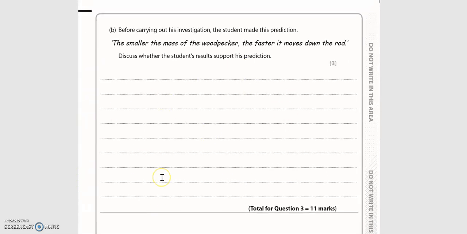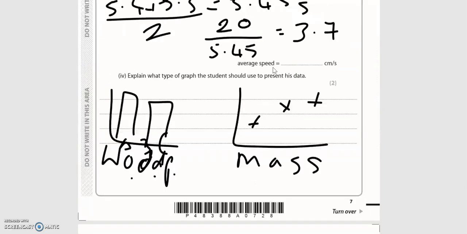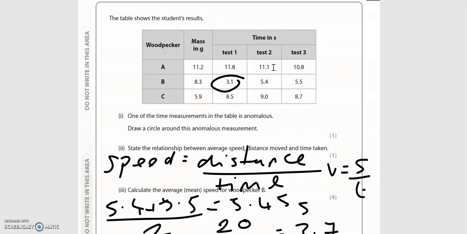Okay, so now you've got to discuss the results. So again, no right or wrong answer here, they just want your ideas. So you need to basically decide whether it supports the prediction or not. You can do plus or minus suggestions. Now for these results, if these were real, you wouldn't particularly trust them. So